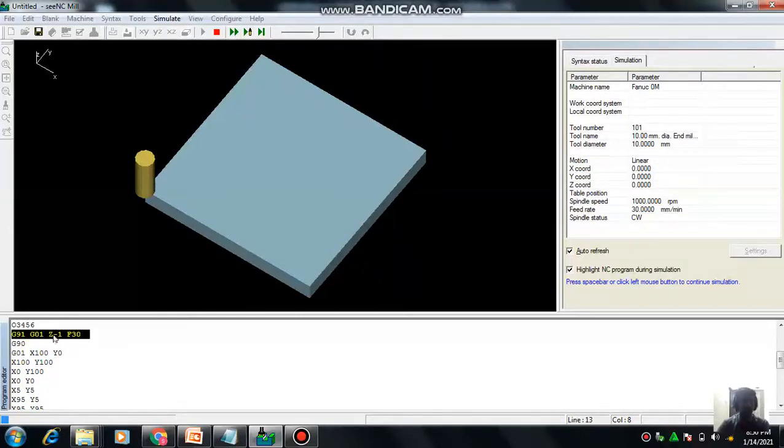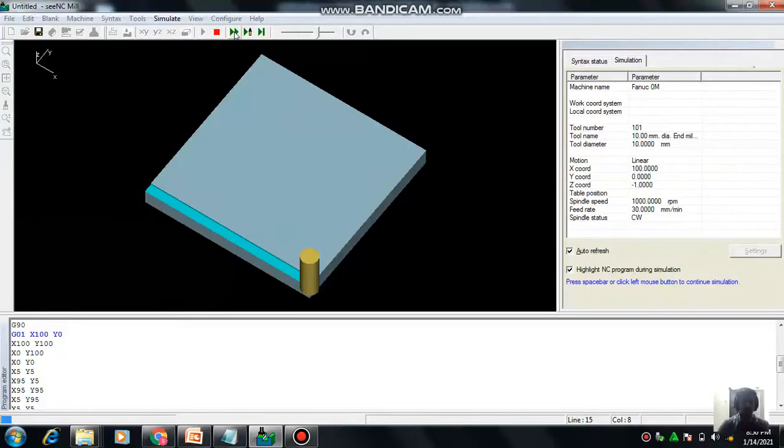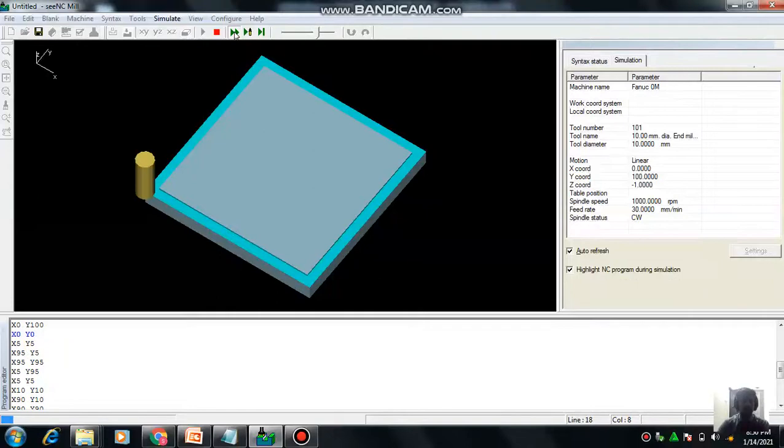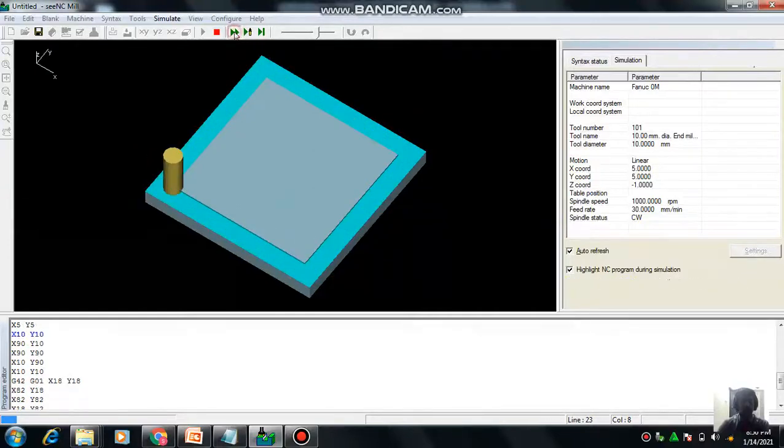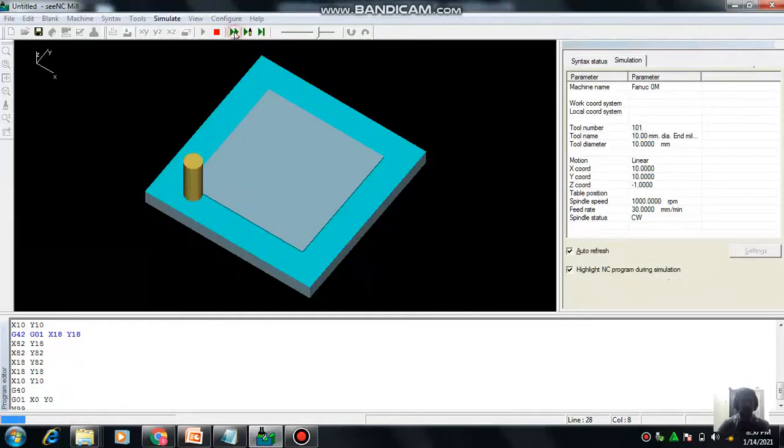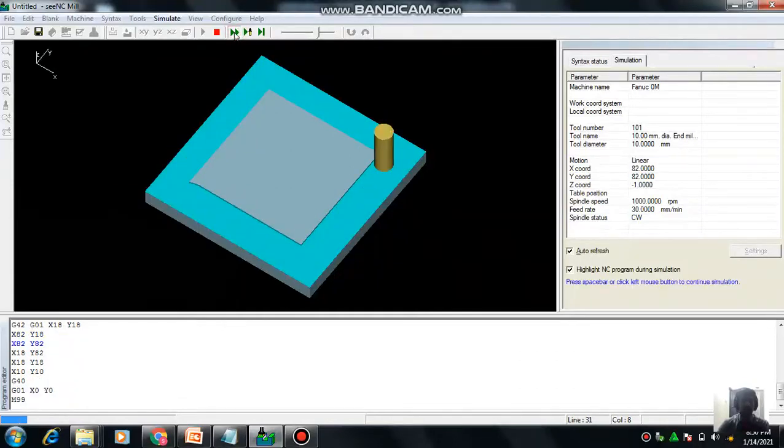Now the subprogram started, that is incremental Z-1 from the surface, because it's called the subprogram. So now we can see it moves -1 and goes to the end X100, Y0, then it goes to X100 Y100, then it goes to 0 comma 100. So it comes like this. So one slab, that is one time, is over. I am going to check this by clicking this. This is how, step by step, line by line, you check whether your program is written correctly or not.